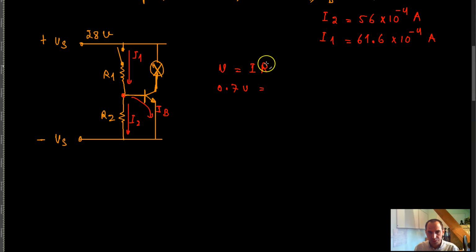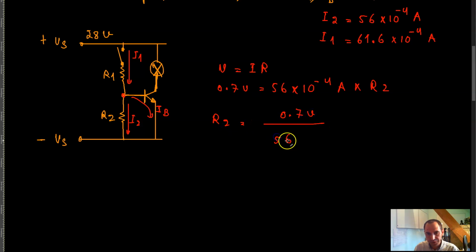Okay, so we were applying Ohm's law to this resistor R2, and we said that the voltage across the resistor is 0.7 volts, and the current going through it is 56 times 10 raised to the power negative 4 amp, times R2, right? That means R2 is 0.7 volts divided by 56 times 10 raised to the power negative 4 amp,